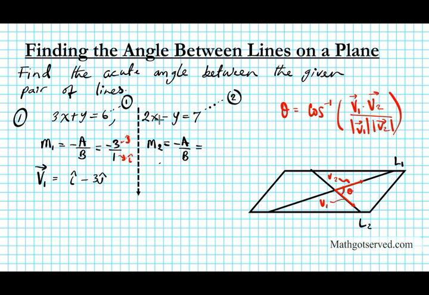So negative a is going to be, this is a, and this is b, okay? So negative a over b is going to be negative 2 over b is negative 1, which is 2 over 1. So, as we mentioned before, the numerator of the rise is the movement of the vector in the j direction, and